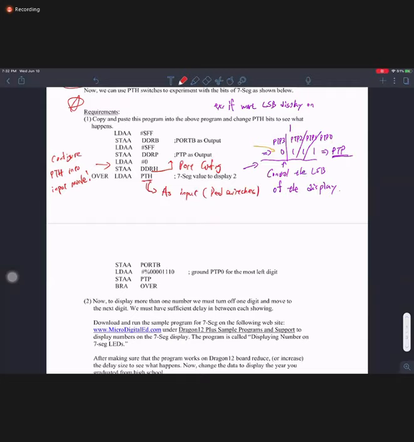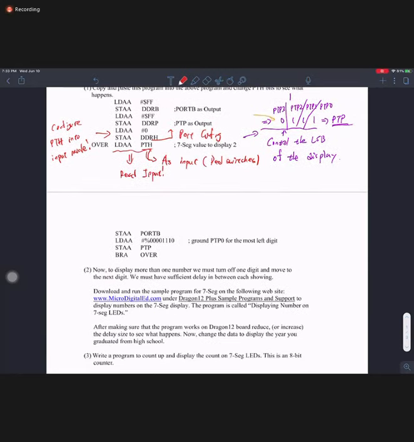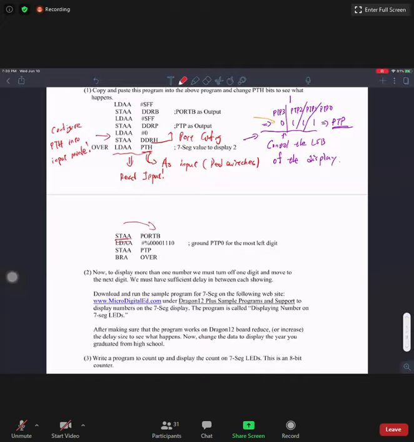So what we are doing here is loading the current value from PTH into accumulator A. This line as a whole, you can see as reading input. And then we store the value we have just read into port B to control it. We all know that port B controls which number is displayed on the 7-segment display. So this two-step process is one for reading